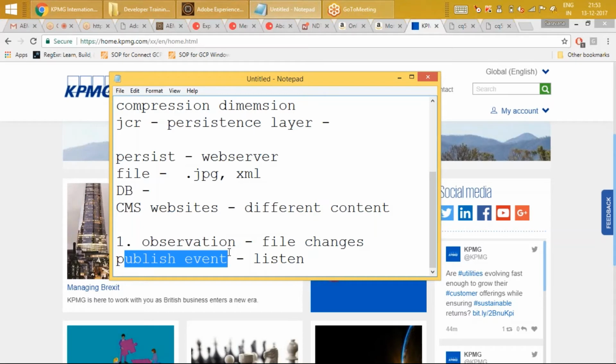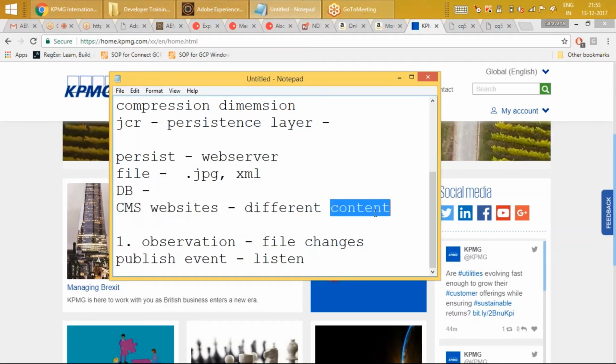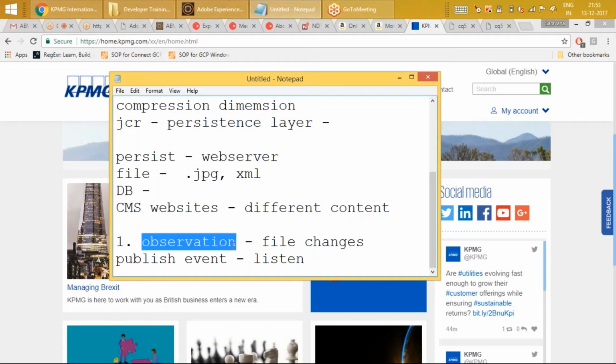So the requirement these guys posted in order to persist their content, and we are talking about the JCR layer and telling the story of why JCR evolved, was that they wanted a feature called observation.